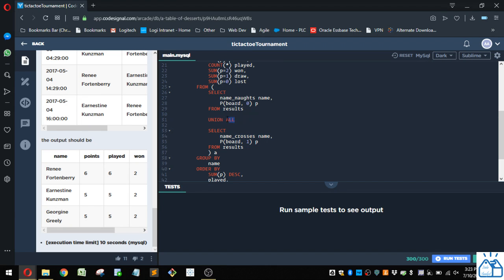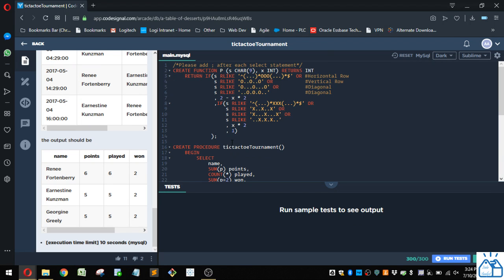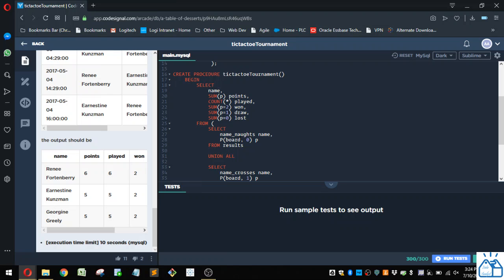If you use just union, it will take out any duplicates that it finds between the two. We don't want to do union here because the games between noughts and crosses are distinct, and so we want to make sure that both of those are included. All right, so you'll see that it calls this function P, and it calls it with the end board